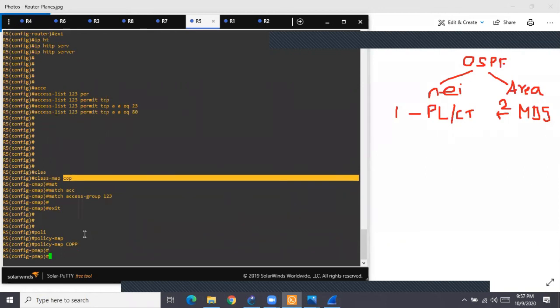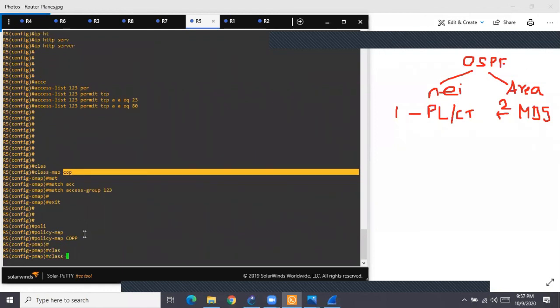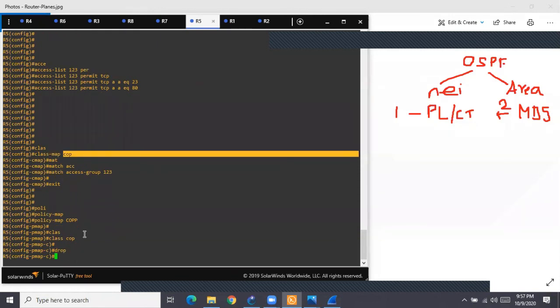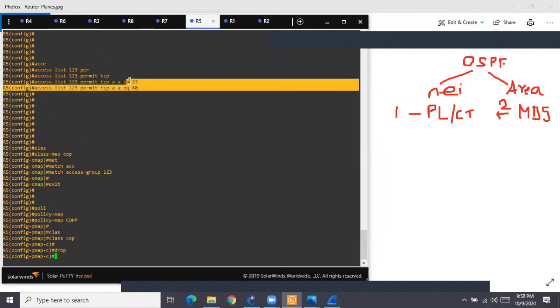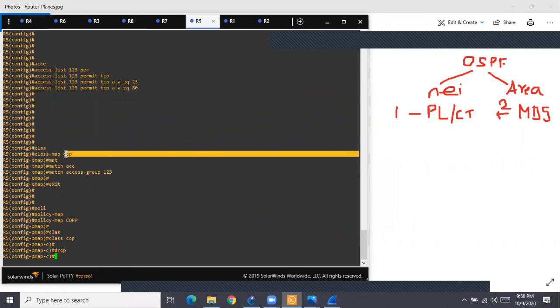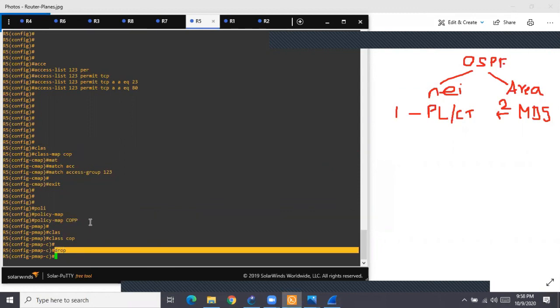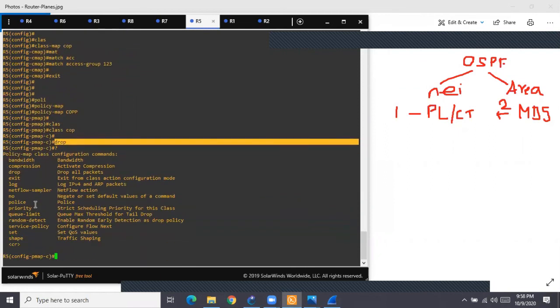Now what do I do? I call this class map. I say, hey, class map pop, come inside. So the class map is coming into the policy map, and I say, you are dropped. Now it is clear why I permitted these two applications in the access list: because if I permit the application, it lands inside this class map pop, and this class map pop lands inside this policy map. And now this policy map is taking what action? Drop.